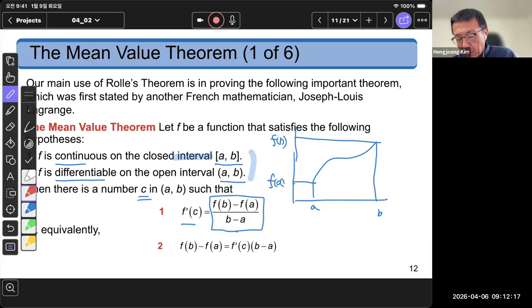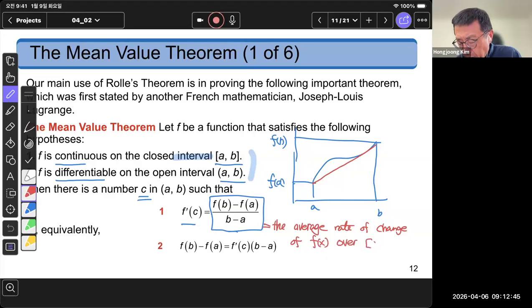That represents the average rate of change of the function over the interval from A to B. So this value was the average rate of change of this function f over the interval from A to B,